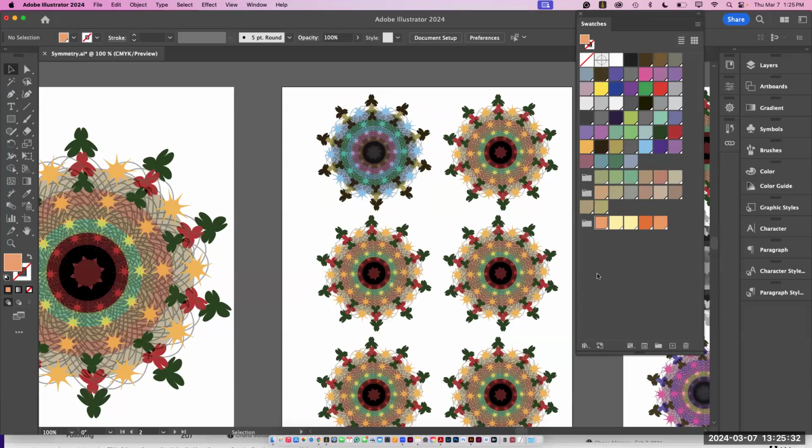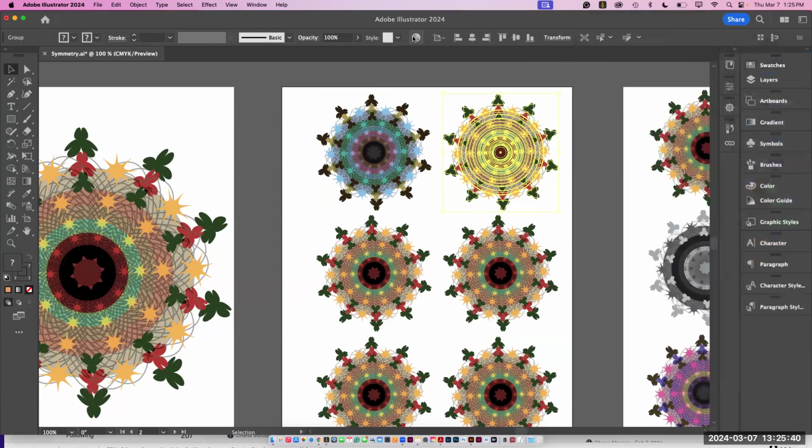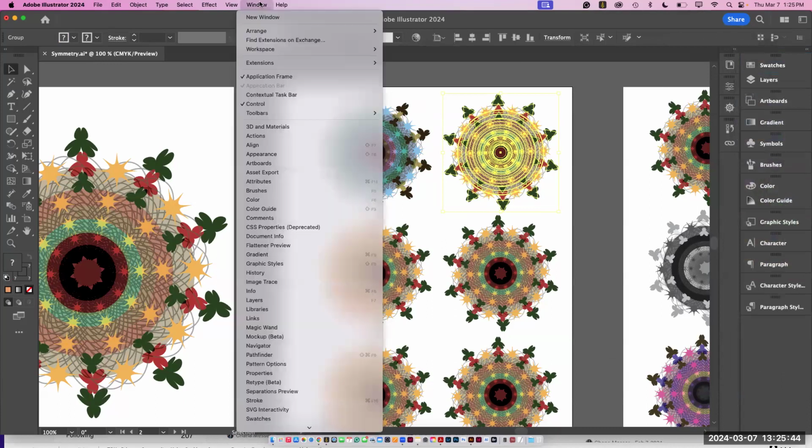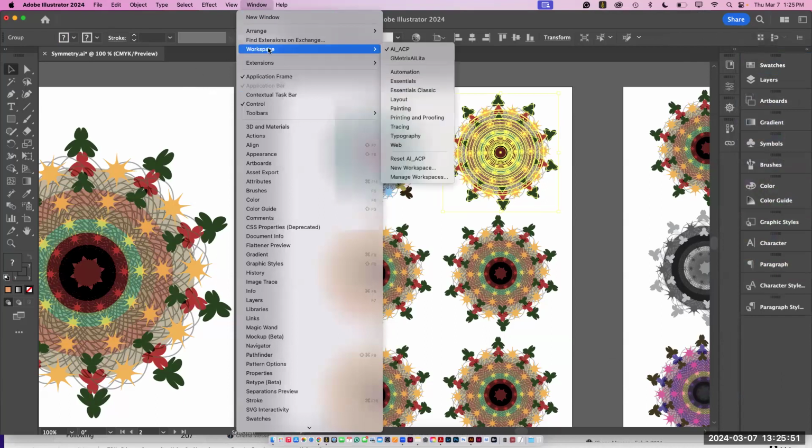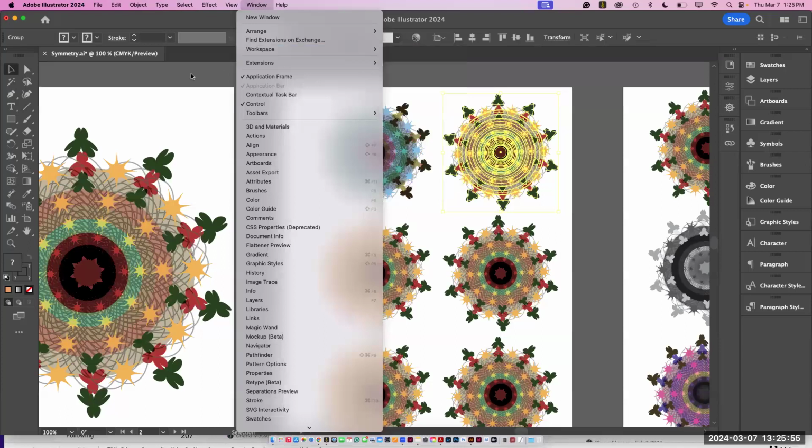That's okay. But now we're going to look at the area because I have some grouping already. So I'm going to go in and select the second one. And this time, I'm going to go in for my control all the way up. If you don't see your control, go to Window and bring your control. That's not there for every workspace. It is going to be automatically only with Essential Classic. So if you are in Essential Classic, you will see the